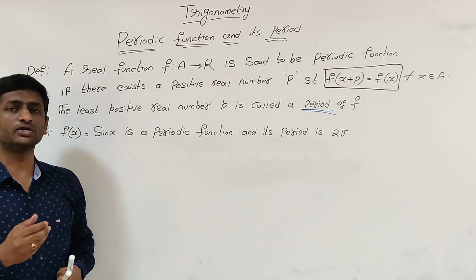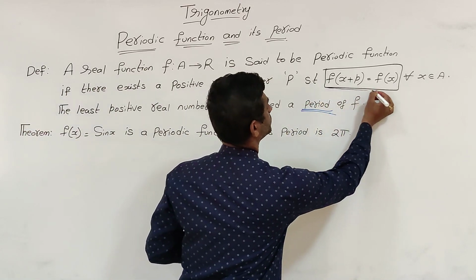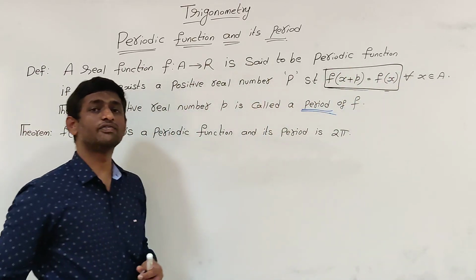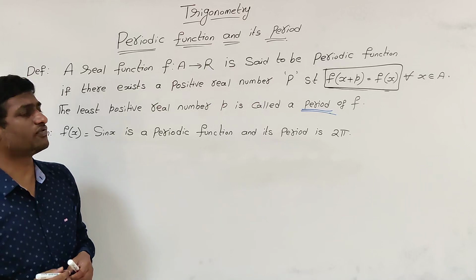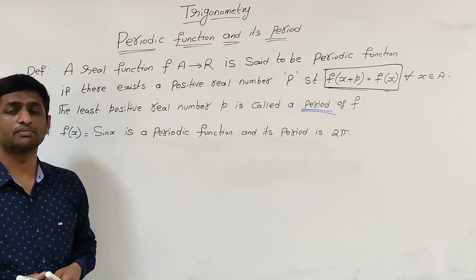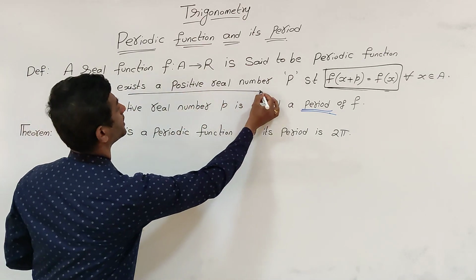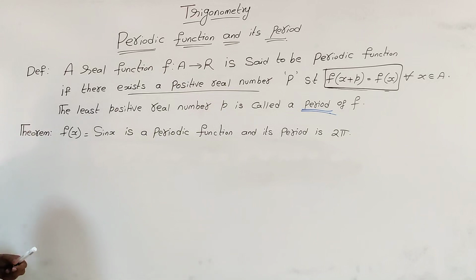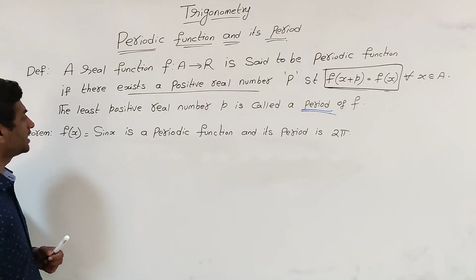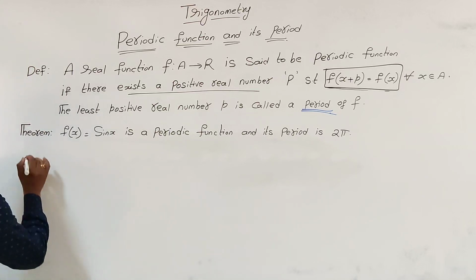How can we say a function is a periodic function? It should satisfy the condition f of x plus p is equal to f of x. What is p? P is any positive real number, as there exists a positive real number. Now we'll see whether sin x is a periodic function. We have to check it. So proof: